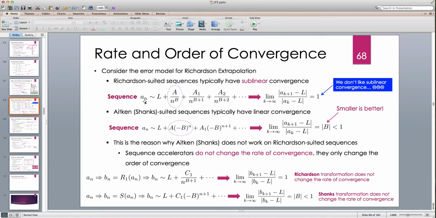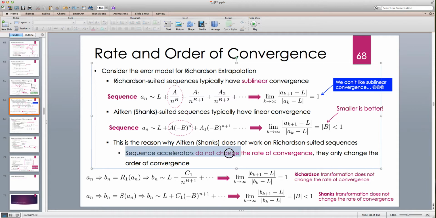So if we have this sequence, L plus a over n to the b plus a1 over n to the b+1, which is the error model, and we take the leading term here and put it in this limit, in this definition, it's always 1. So Richardson-suited sequences typically have sublinear convergence. And we definitely don't like sublinear convergence because it's a very slow convergence. That's why we apply the Richardson transformation. And then the problem here is that